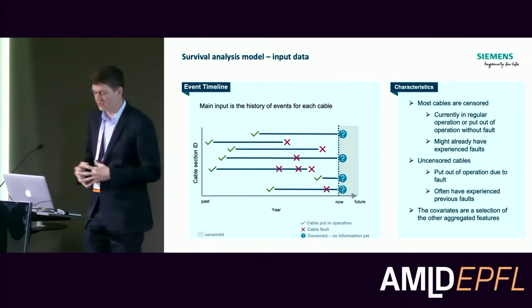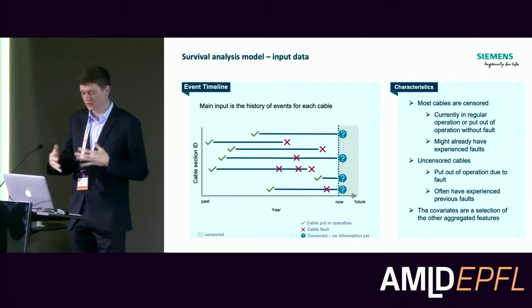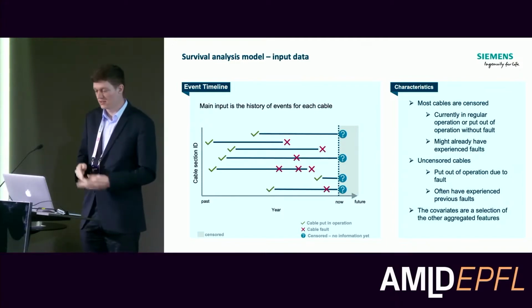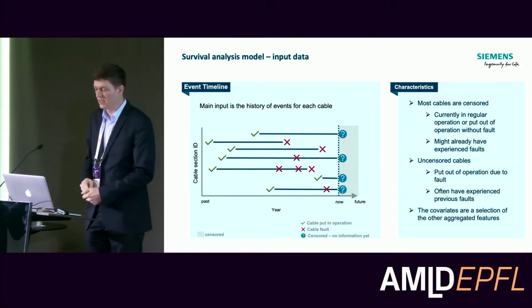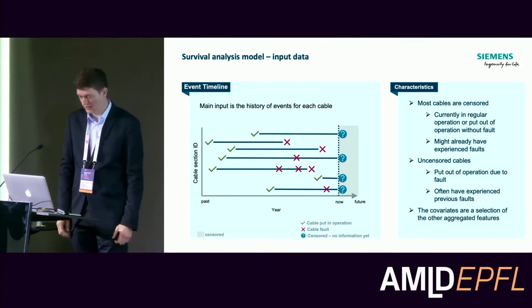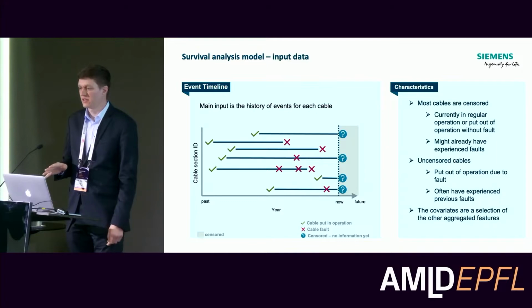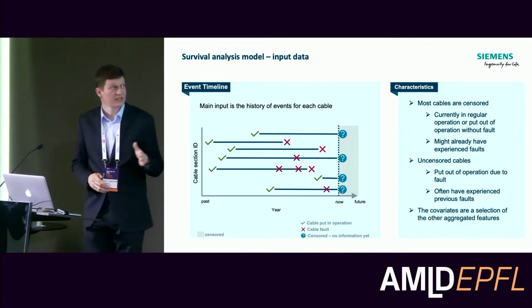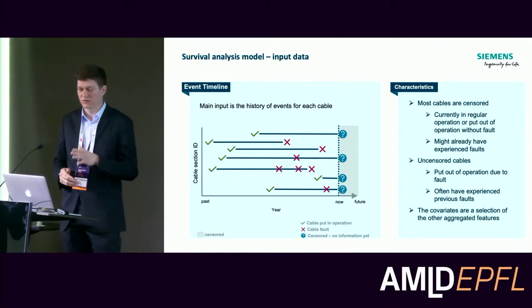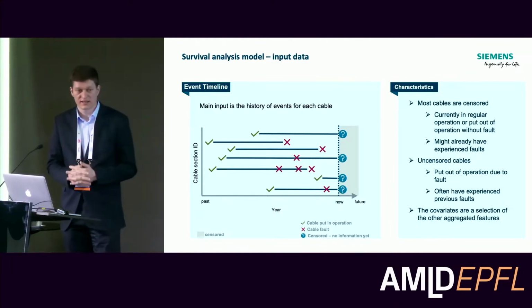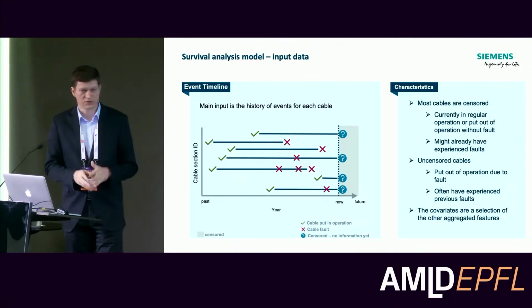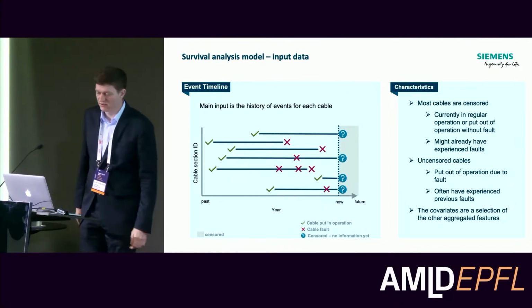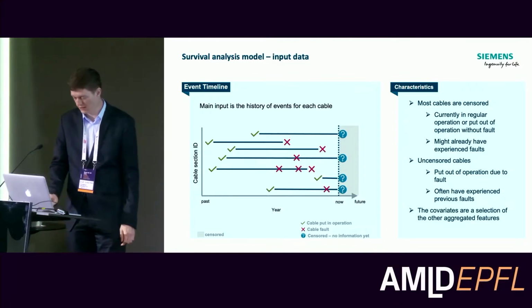So there are different situations, and to address all these situations, you actually can apply a survival analysis model, which takes in particular into account this censoring at the end of the observation time. If you were in the survival analysis workshop, you might also know there might be also left censoring. This would be the case if you would not have data from maybe earlier than the 70s, then you would not know when the cable was put there. Luckily, in our first two projects, it was not the case, but it's always something we need to check, and we might also account for that.